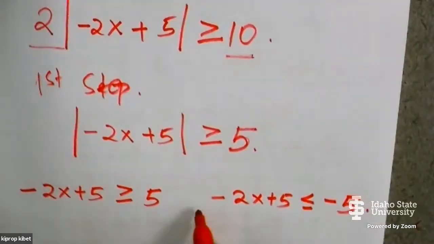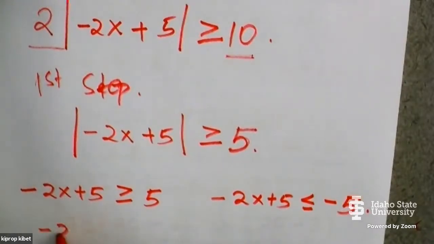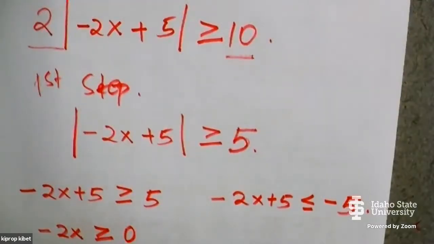So when you take this to the other side, minus 2x is greater or equals to 0. When you divide by a negative, you flip the sign. So x